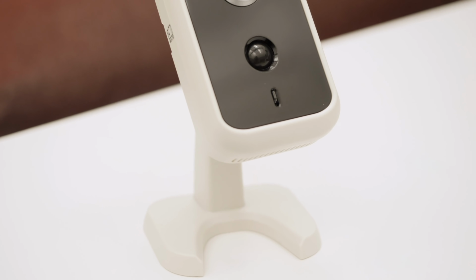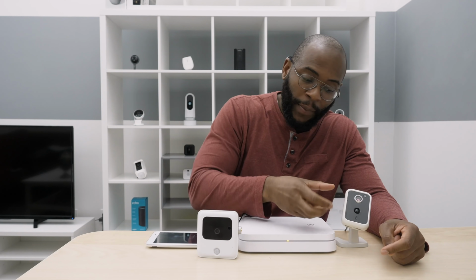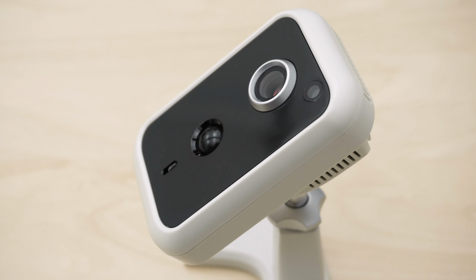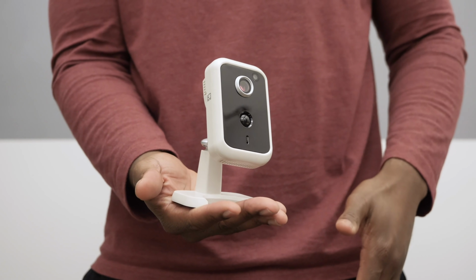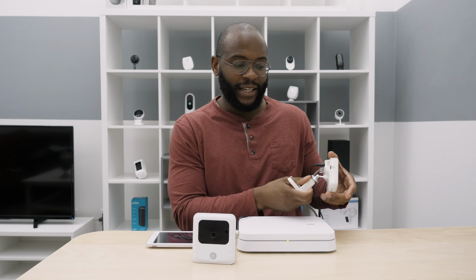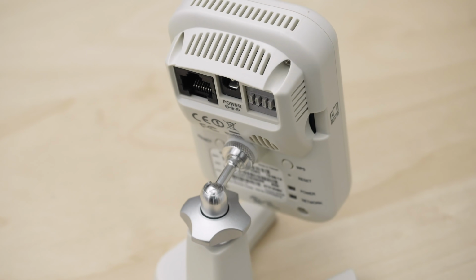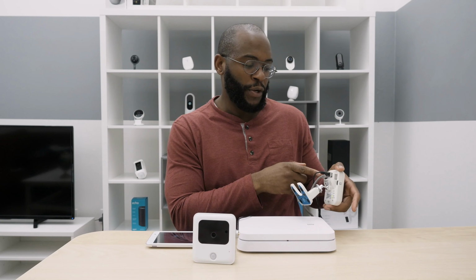Now, the indoor camera for the Lifeshield home security system looks like a mini Game Boy. It has a mostly black glossy face with a beige exterior made out of plastic, and it does have a protruding lens and a little bulb here on the bottom. And it does have some flexibility and mobility when it comes to mounting, and the mount allows you to move it in different directions. You can eventually set it up with a Wi-Fi password, but you initially plug it in